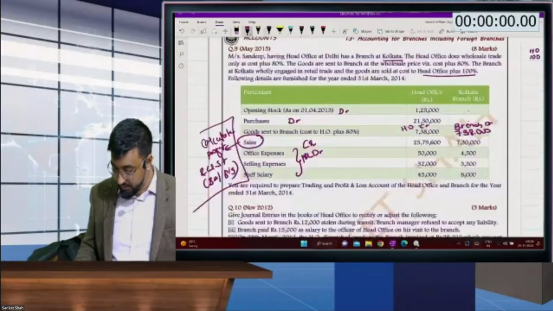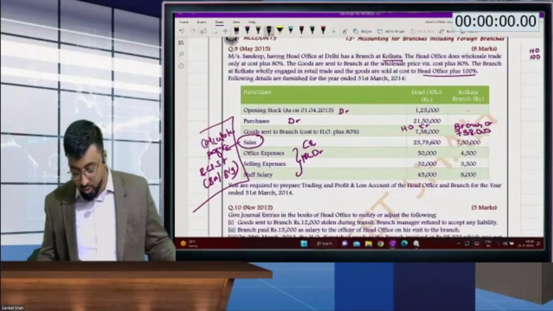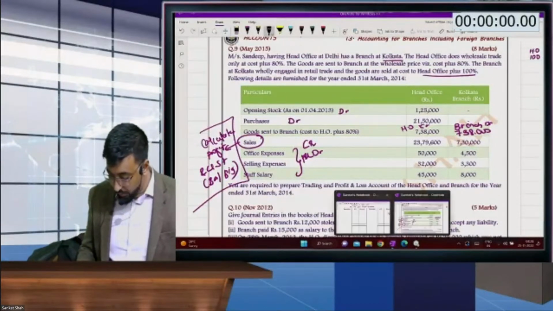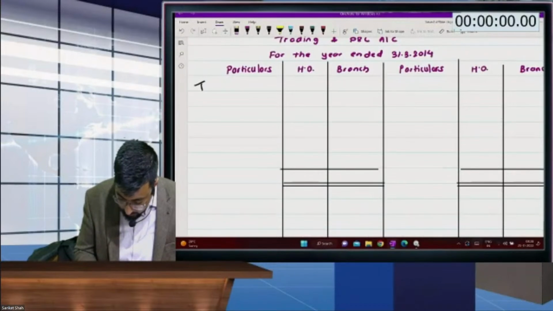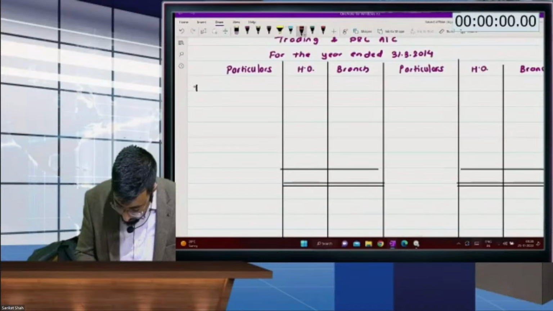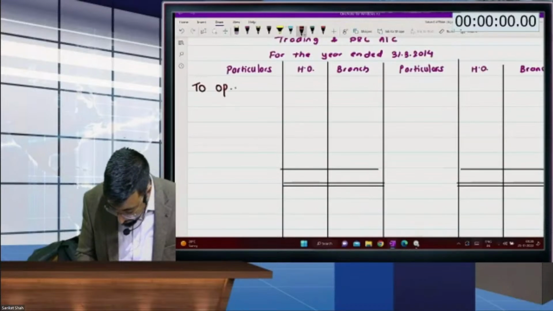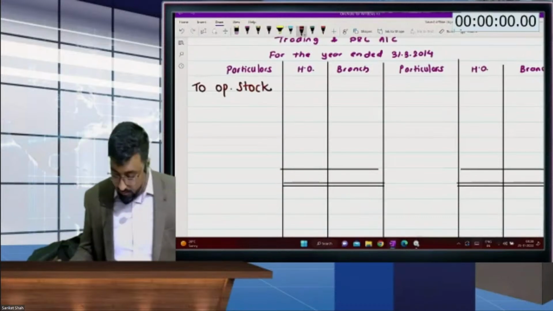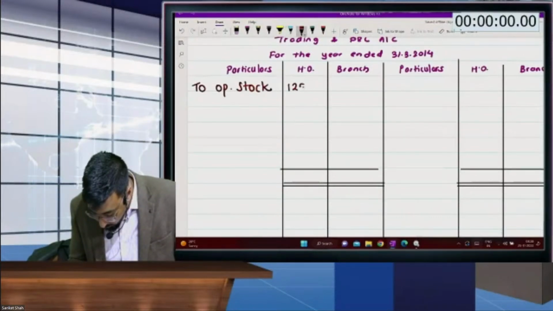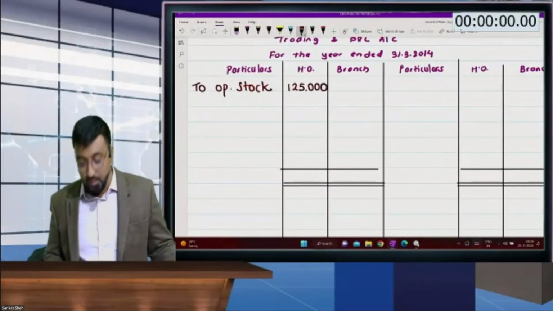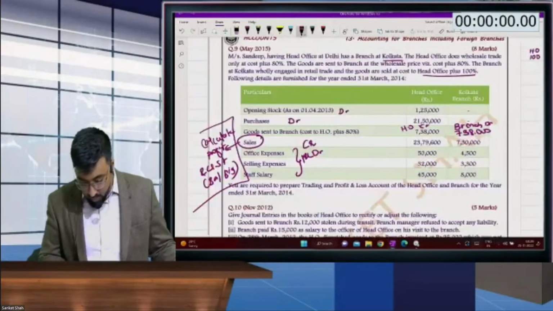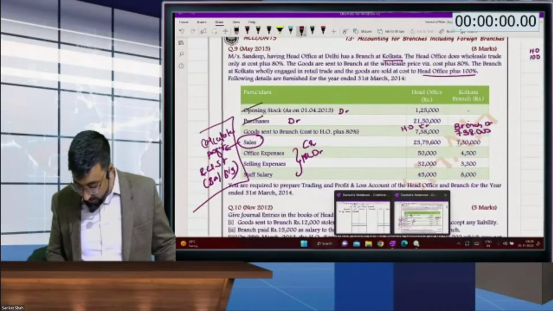Okay. Let's start. Opening stock. Head office has opening stock. Branch does not have any opening stock. So opening stock 1,25,000. To purchases on the debit side,